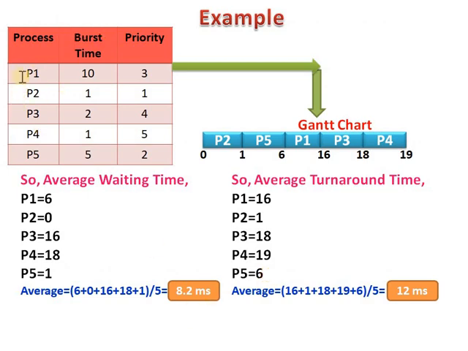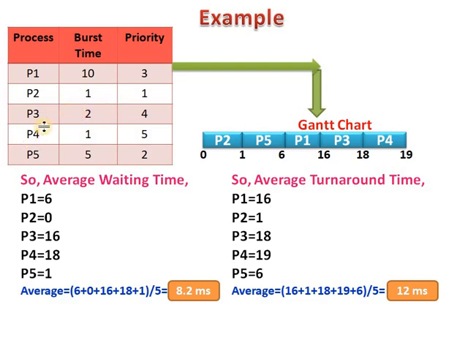In this example, there are 5 processes: P1, P2, P3, P4 and P5. And their respective burst time is given here. For the process P1, the total burst time is 10. So here 10 milliseconds is required for execution of the P1 process. Next, the burst time for P2 is 1 millisecond. Next, the burst time for the process P3 is 2 milliseconds.